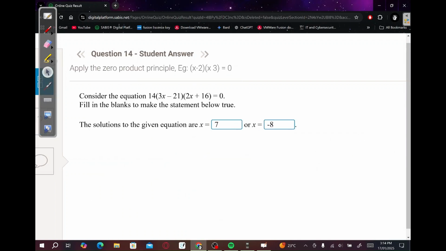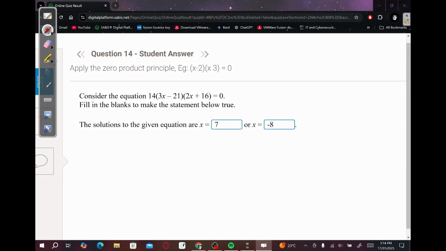Question 14, consider the equation, blah, blah, blah. Now, a lot of people, I'm betting their first thing was to think that they have to expand this. And to be fair, it wouldn't be that hard to expand with a calculator. However, you're in a math exam, you don't really have the time. So what we're going to do is apply the zero product principle